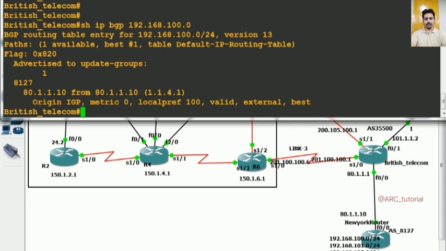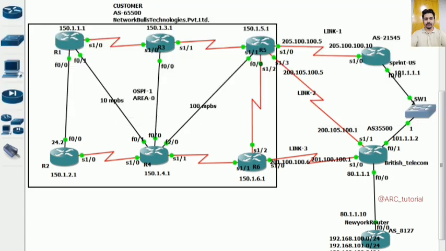Understood or not? That is why, when the New York router is advertising updates in the direction of BT, it is not including community information, because this attribute is an optional transitive attribute. Optional means it will never be carried forward within BGP updates without enabling it. So now, because from the New York router I want to advertise this community information from New York to BT,